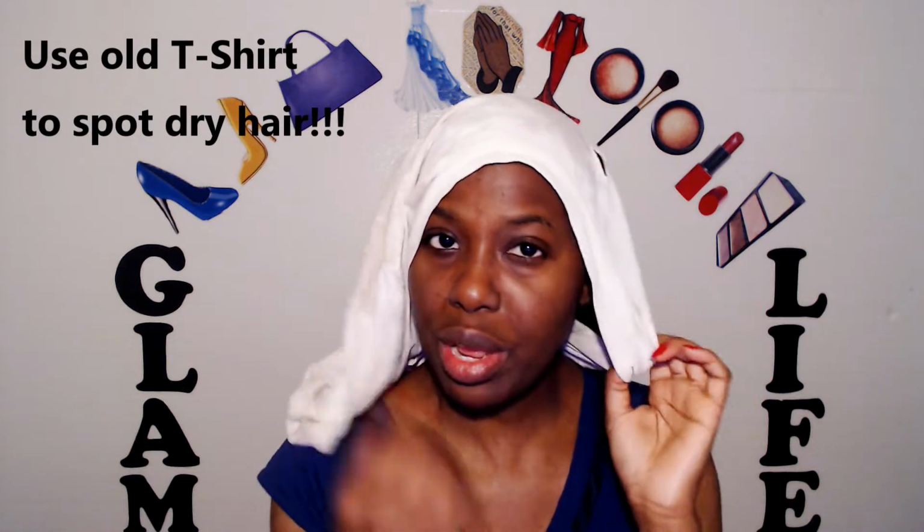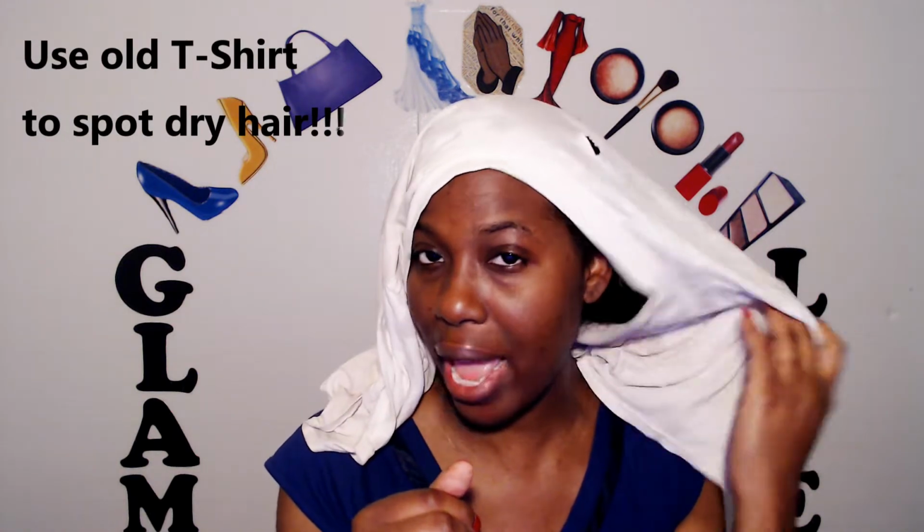Glams, I'm back with the rinse out of the Moisture Rich conditioner. I normally spot dry my hair with an old t-shirt. This is one of my husband's old t-shirts. I don't use towels because when you look at the towel really closely, the fibers have hooks in them and it could break the hair. So this is kind of like the final reveal. I just rinsed it out